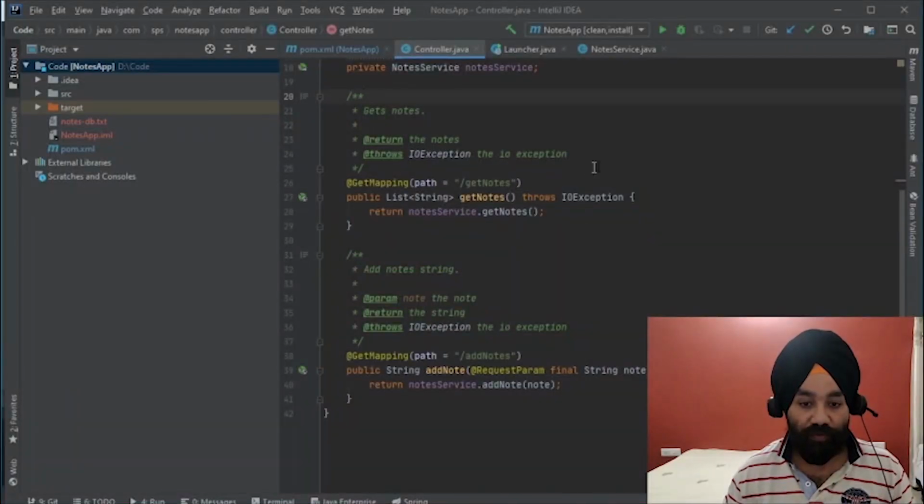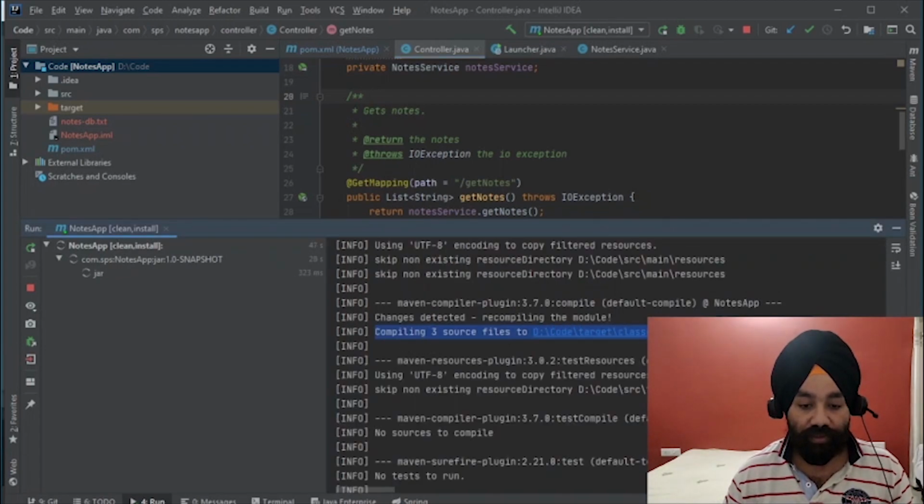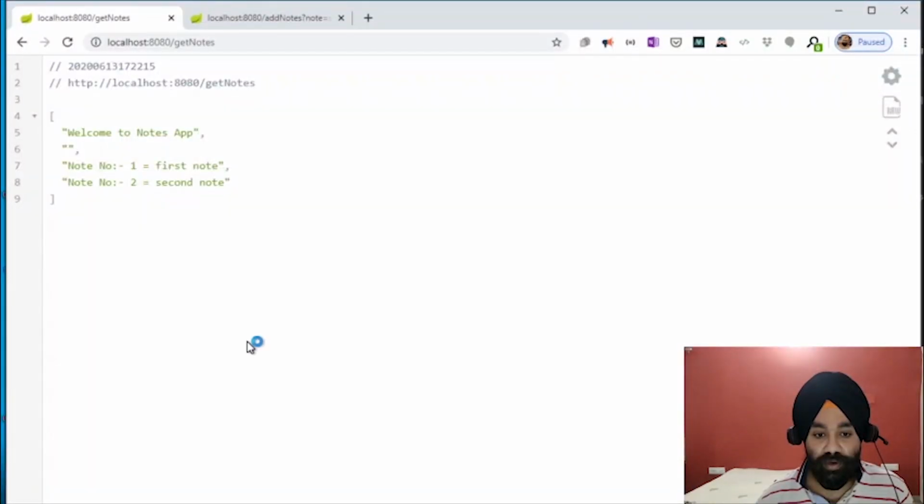So for building this application, we need to run clean install, which is a standard Maven command for building applications. Once we run clean install, Maven scans our application for all the Java files. As you can see, it has started compiling our Java files. And you can see it has packaged our application as a Spring Boot application and placed it in the target folder. Now let us deploy this simple application on AWS instead of our local computer.